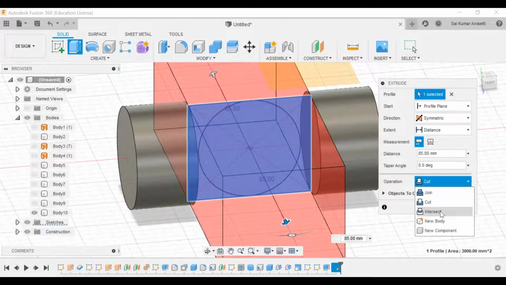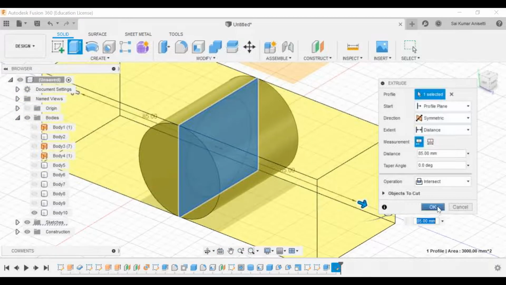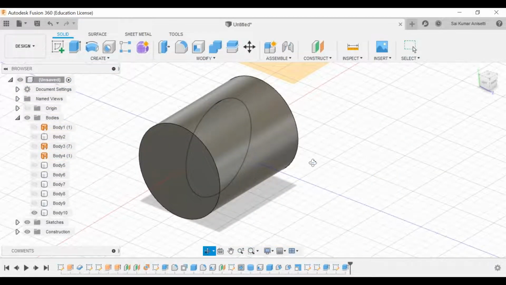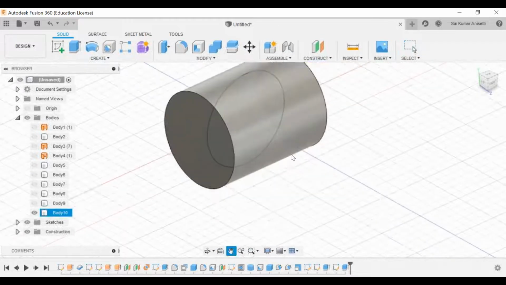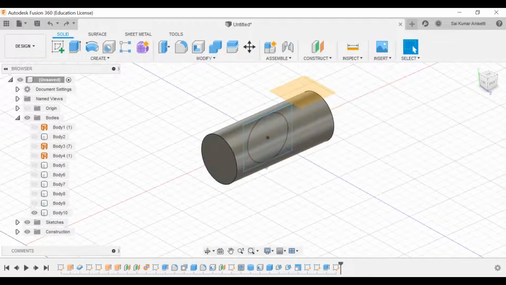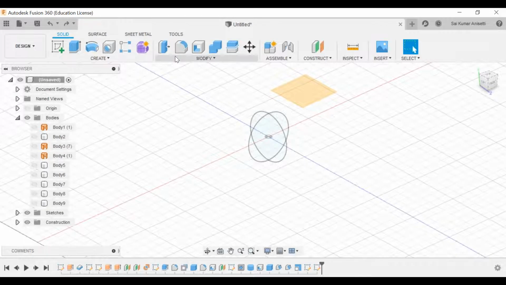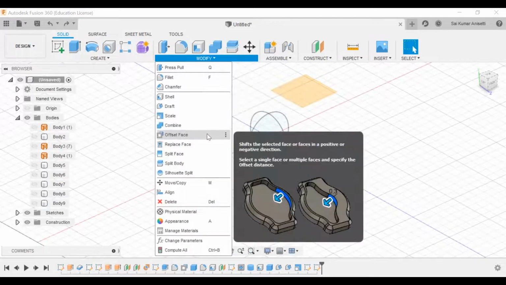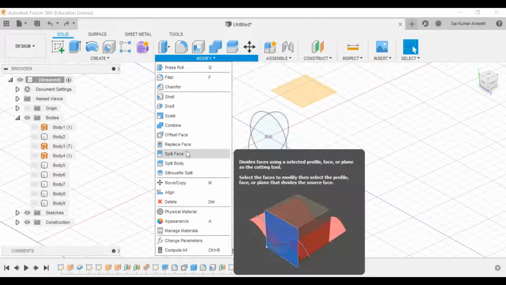Instead of cut, I'll intersect these two components, and that becomes a simple cylinder. That is how it is. So that is about your combine option, and offset face also works like the press pull command, so you have to make that.